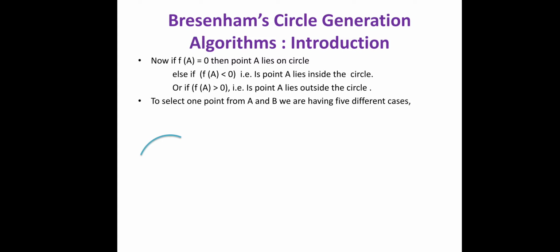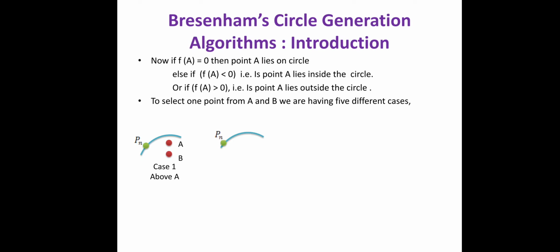Now, here it is given, suppose this is my point Pn. Now, I want to find out the next point which lies on the circle. For that next point we have these 2 options A and B, but you can see that both A and B are inside the circle. So, case 1 is what? Your circle is above A and also above B. So, you can see that A and B are both inside.